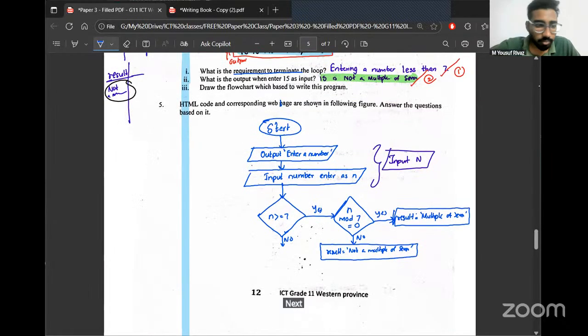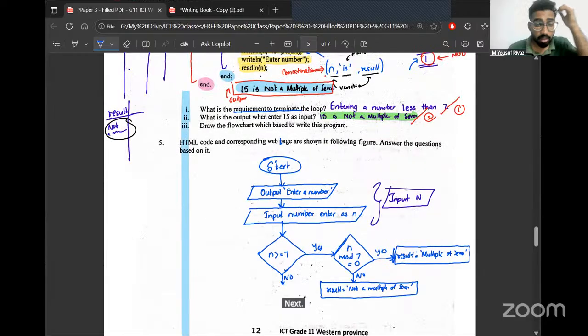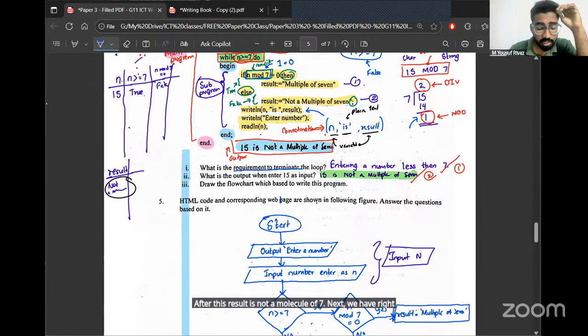Next, after the result is not a multiple of 7, we have writeln n is result.